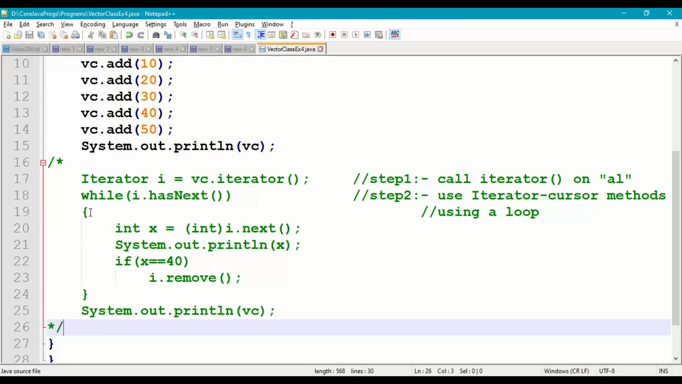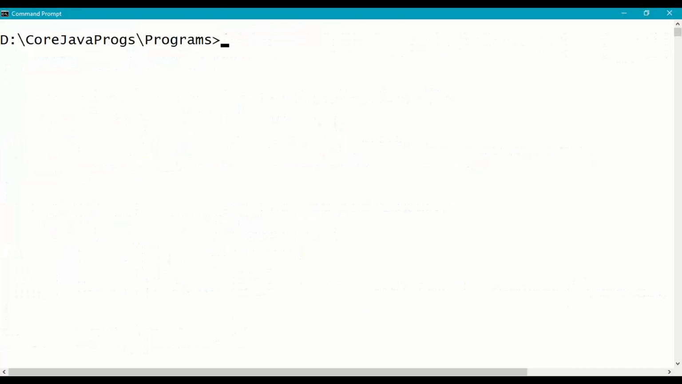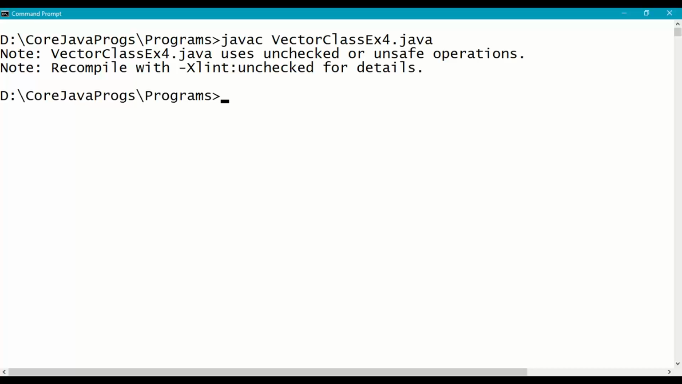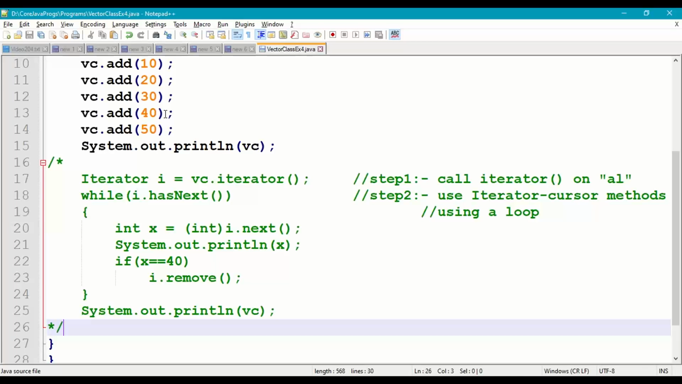Right. So save this. Get back to the command prompt. Compile the program: javac VectorClassExample4.java. Right, no error. We just got a warning. We can ignore that and then run it. Right. So initially we have 5 elements in the vector class as a collection of objects. Right. So now coming to